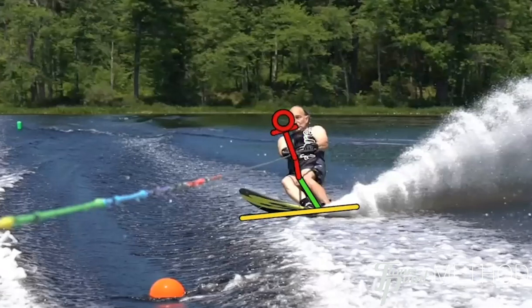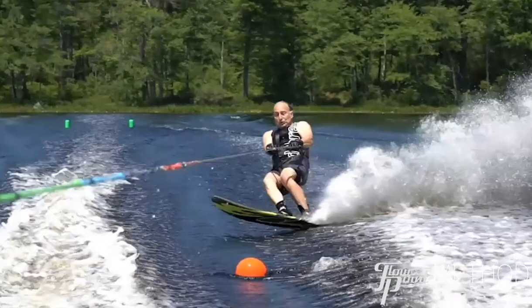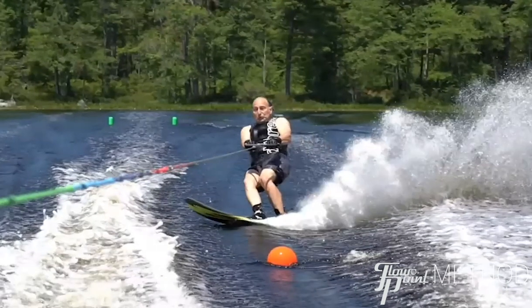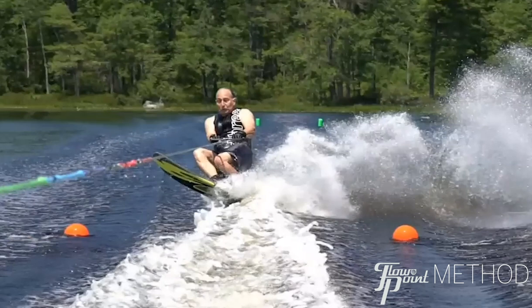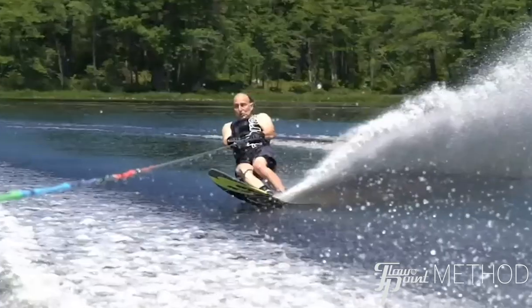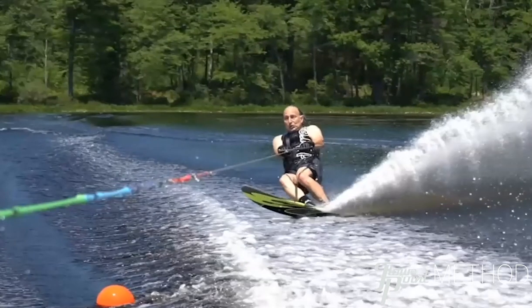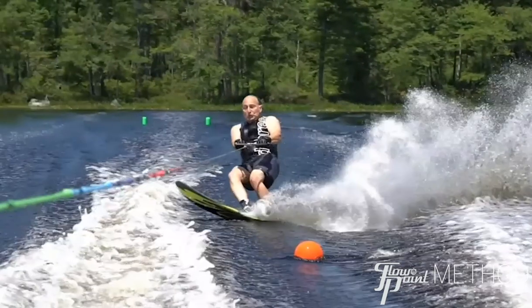Which would create more speed and acceleration for less line tension. But the result of being compressed right here before you hit the wakes is that you're already lower to the water, so then you have to absorb more right here. So you end up getting even more compressed. It's like compounding. The more stacked and balanced you can be, the better athletic stance you have before the first trough, at no matter what line length,